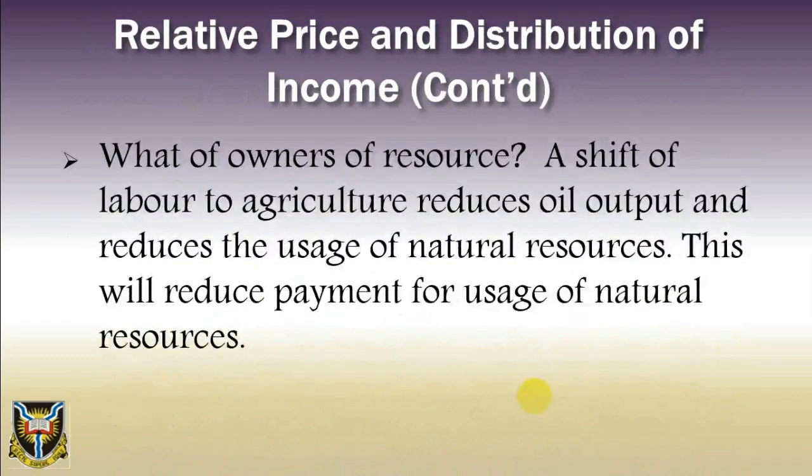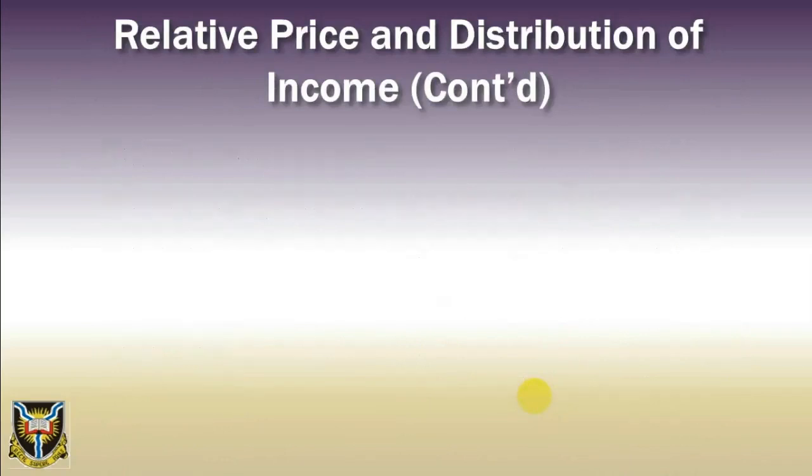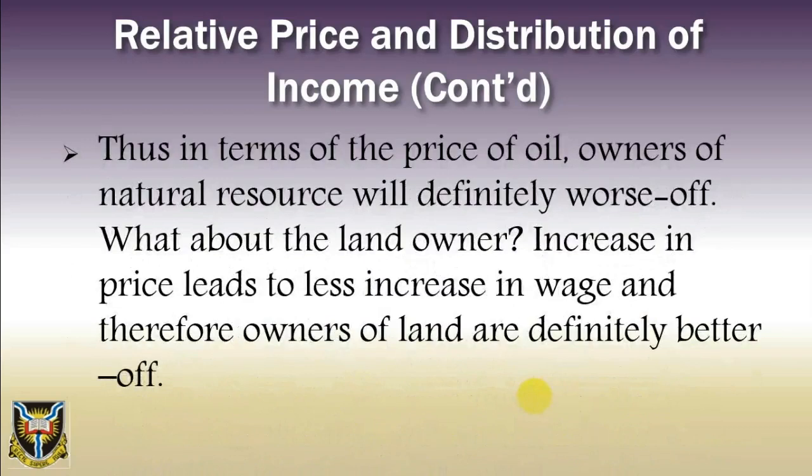A shift of labor to agriculture reduces oil output and reduces the usage of natural resources. This will reduce payment for usage of natural resources. Thus, in terms of price of oil, owners of natural resources would definitely be worse off. What about the landowner? Increase in the price leads to less increase in wage, and therefore owners of land are